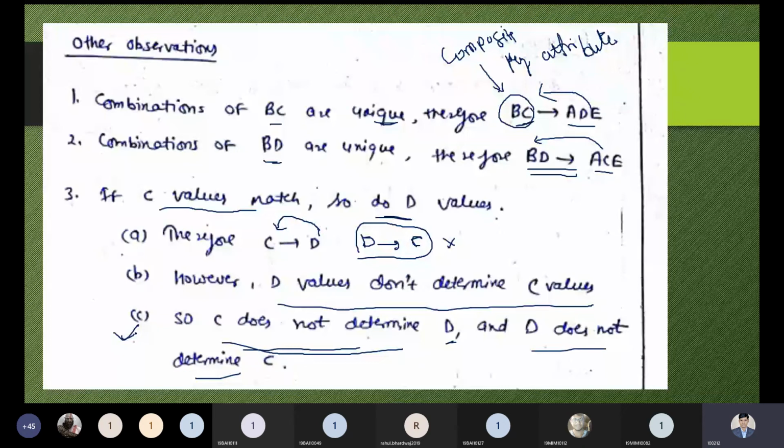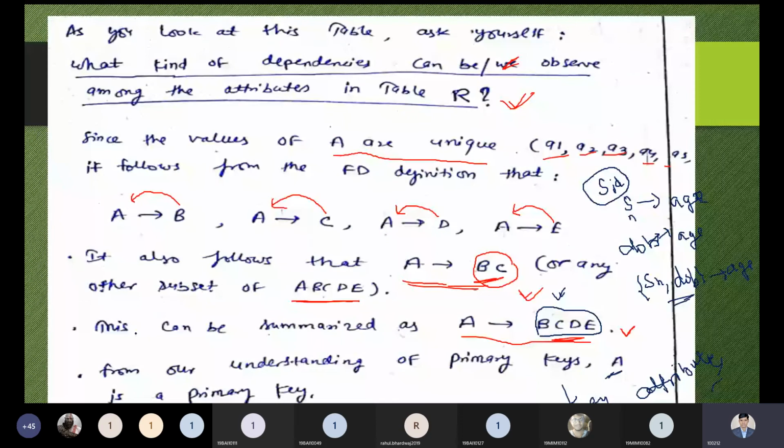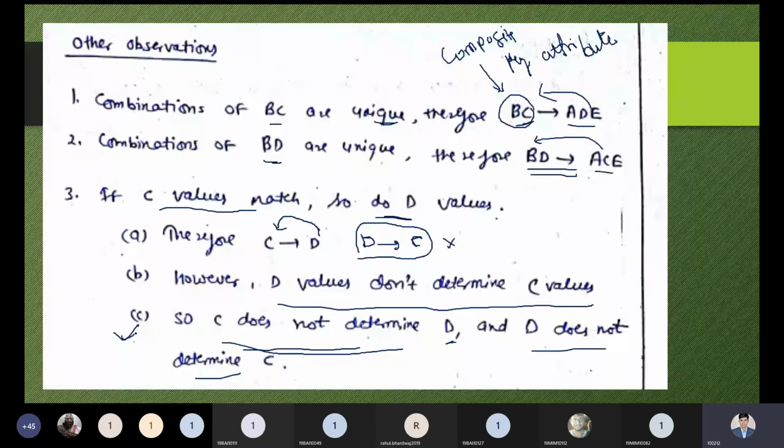What was the previous observation? The previous observation was to check whether the dependencies exist or not. If dependencies exist, then we need to check the other factors, whether they are also possible or not. It is found that a single attribute having only a single value is not easy to generalize. But checking the other observation, it depends on the situation and circumstances. If an attribute determines another attribute, the reverse part will not be possible. This is the point we need to keep in mind.